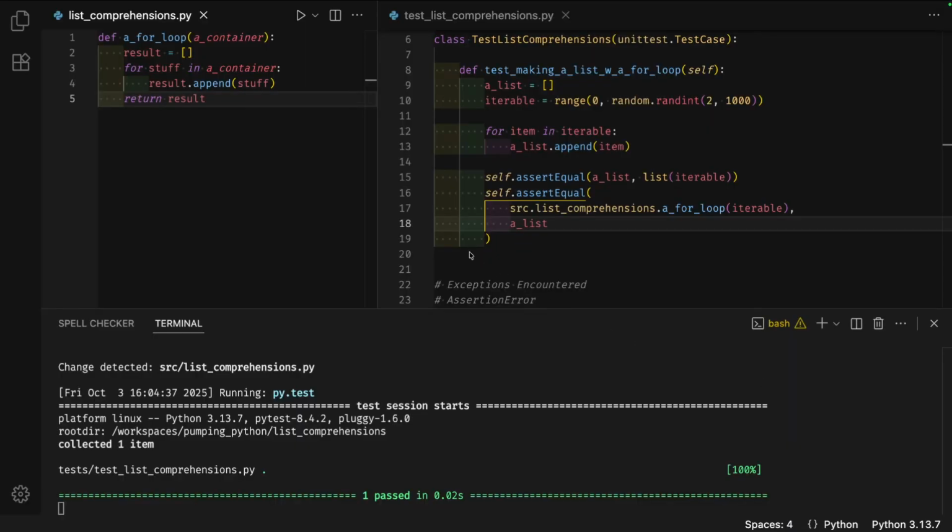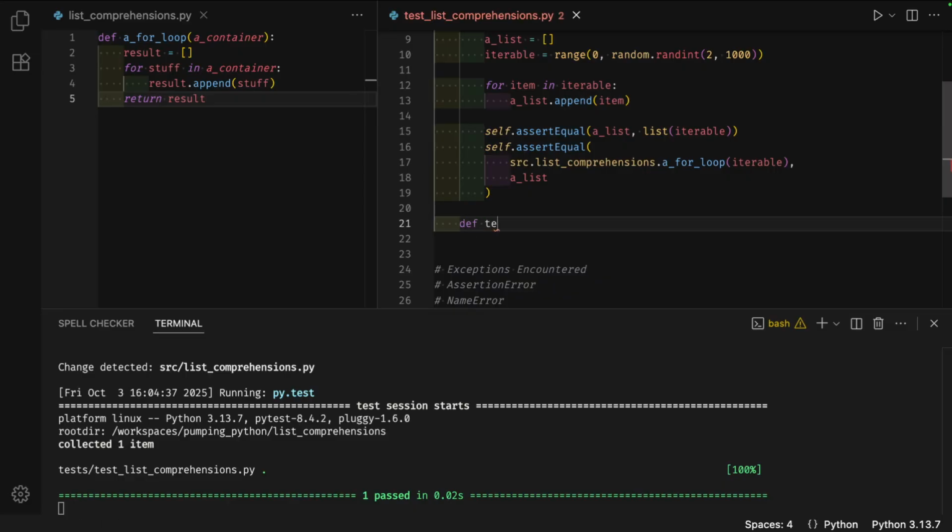I can also make a list from an iterable with the extend method, which was covered in the chapter on lists. I'll add a test for it. def test_making_a_list_w_extend(self):